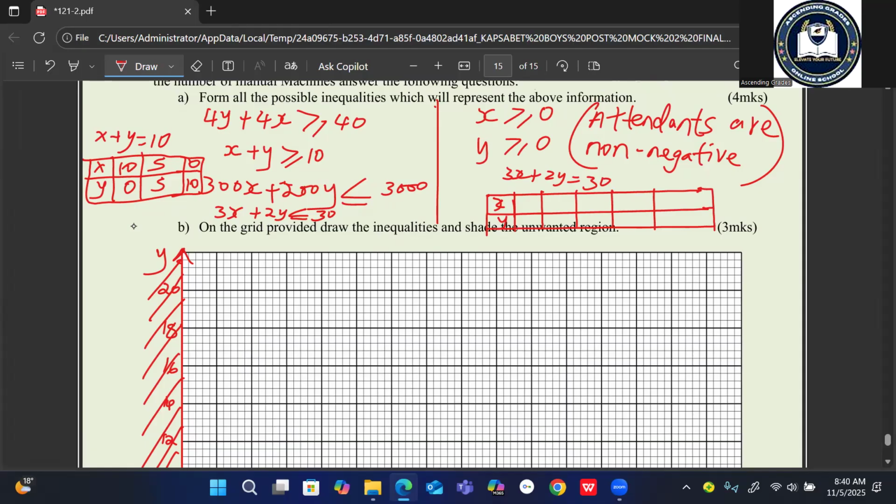So when our x is 10, y will be 0. When our x is 8, our y will be 3. When our x is 6, our y will be 6. When our x is 2,